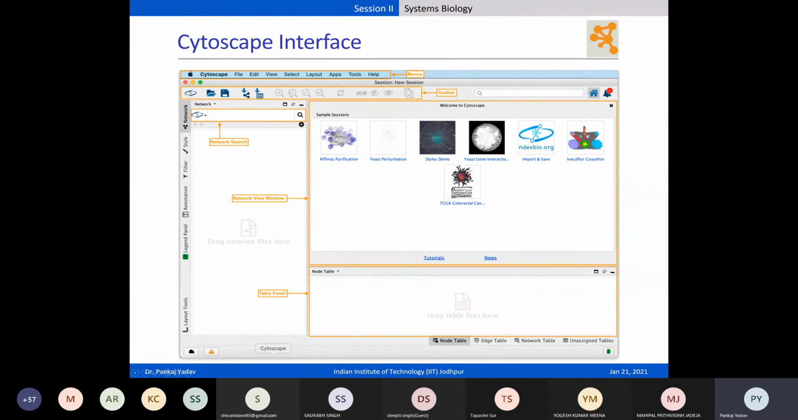And then you have this toolbar where you have quick functions like import from table, import from SIF file, import networks. You can save it or you can open a folder and so on, zoom in, zoom out, right? So there are many functionalities that are quickly accessible. I think the most important thing in this panel is